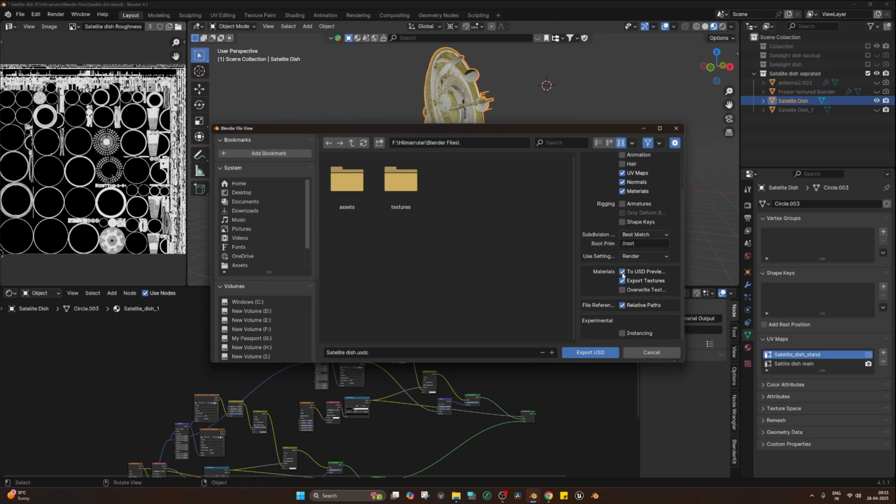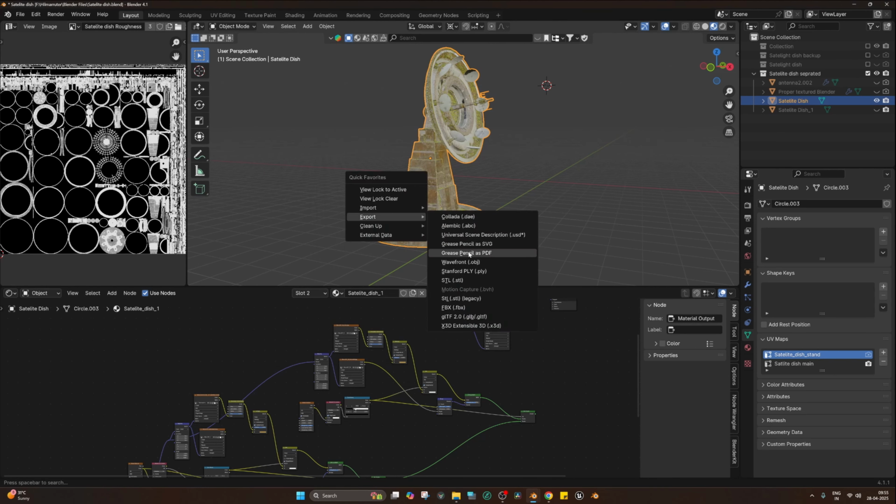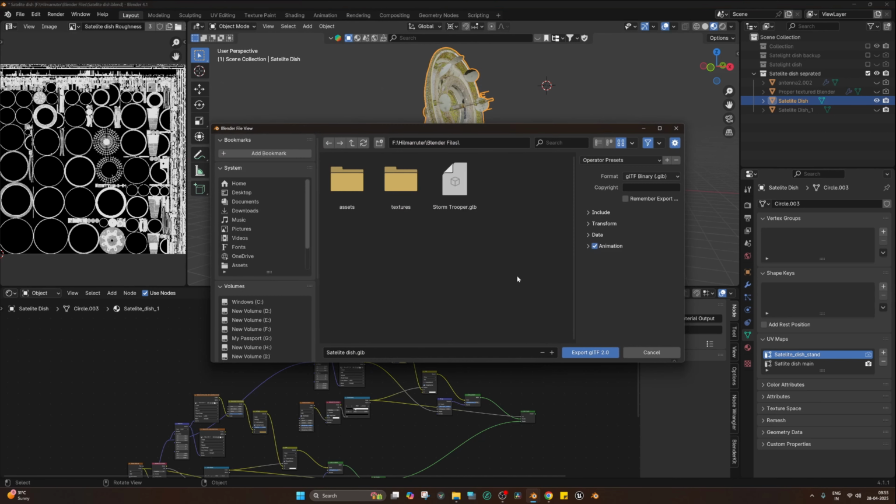Otherwise uncheck that, and material, just leave it that way and just export it. And in the GLTF format, which is here, in this GLTF format you just need to check GLTF binary and include the selected and visible object,